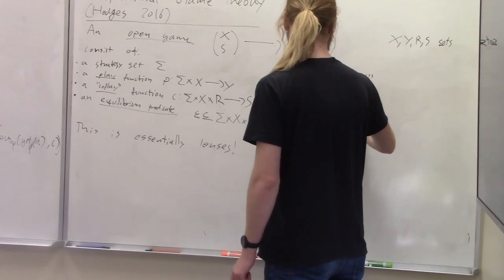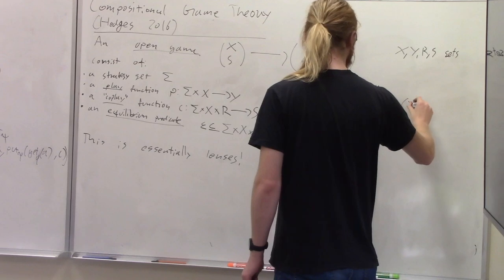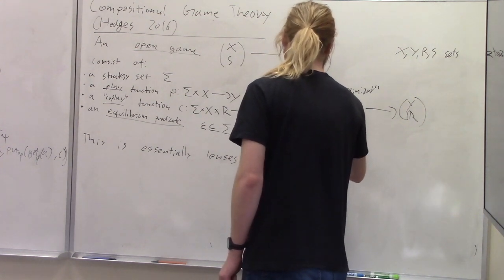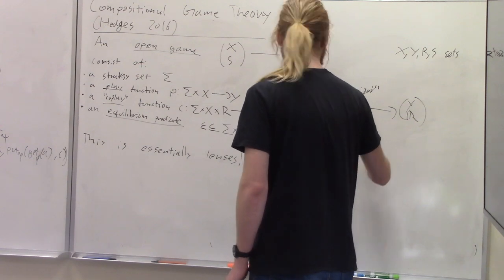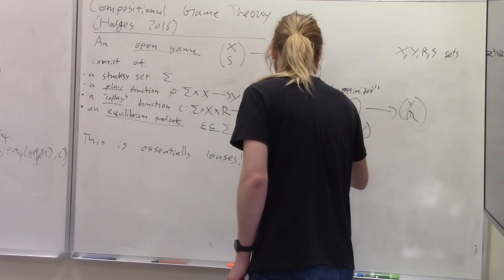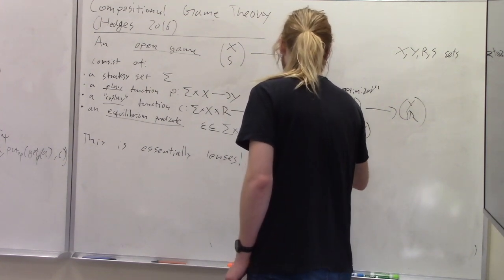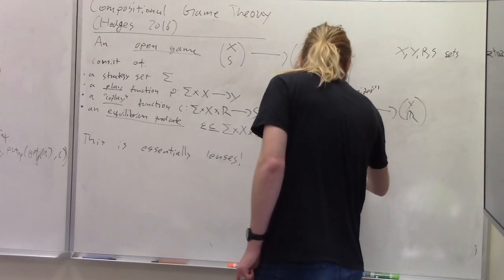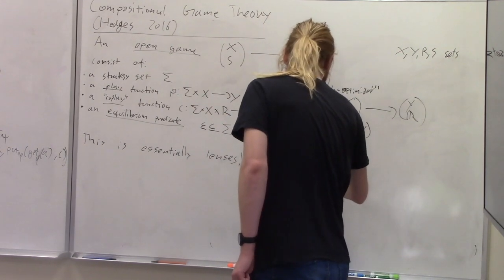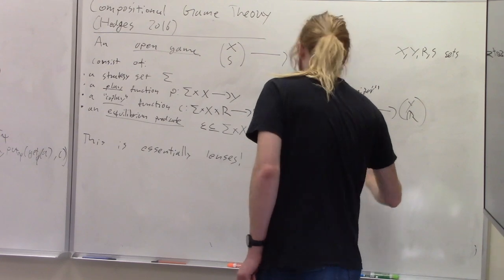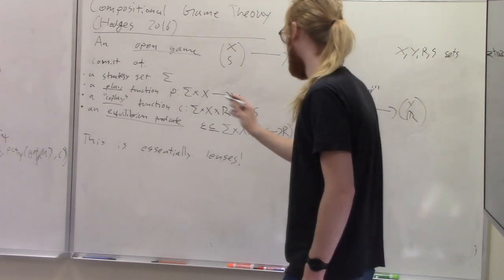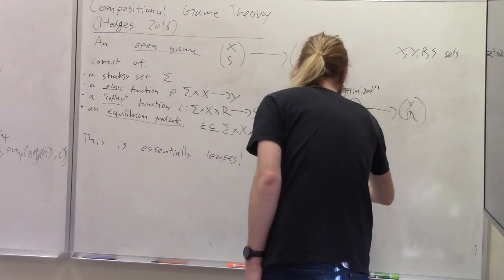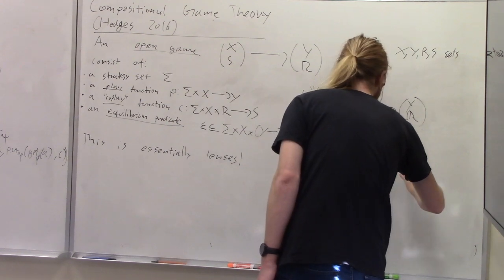This has type X singleton to Y, and then the real numbers, and so the strategy set is the set of functions from X to Y. The play of some function, you just use that function, and coplay is trivial because you're just producing an element of a singleton, and then the equilibrium predicate is that x k is in equilibrium if